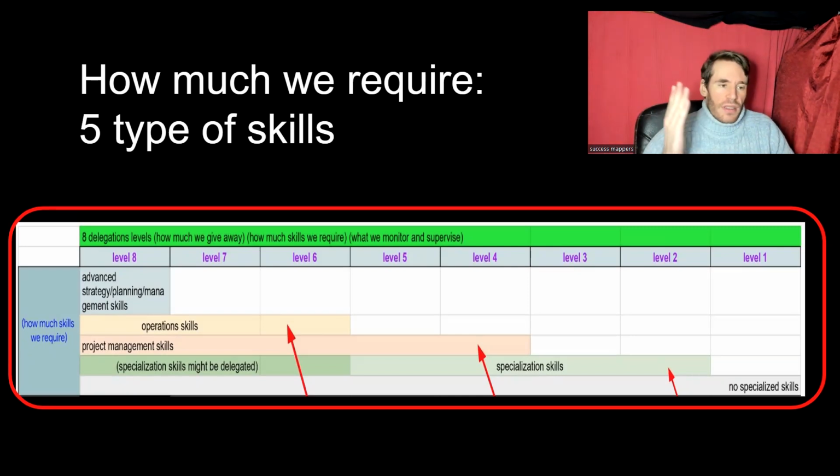And then in level 6 and 7, we are adding operational skills. By operational skills, we do not mean the standard operational skills, because it's so deep a topic. There is an entire university course about this topic. You don't need to learn all of that. By operational skills, we mean the skill to create processes, maps, SOPs, to delegate themselves. So operational skills is basically how to create structure, how to manage.